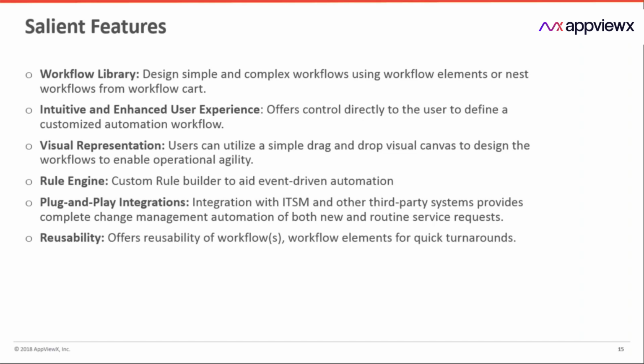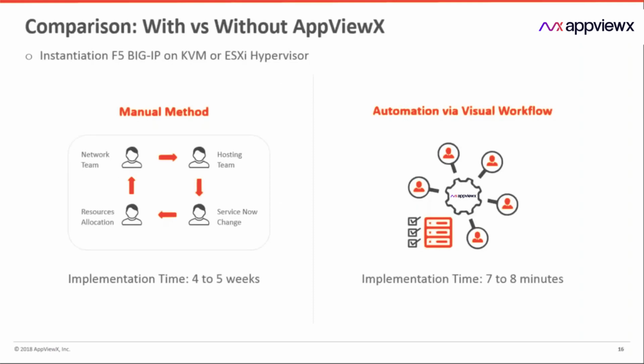And one of the key things with workflow is it allows you to reuse the workflows and the workflow elements. Obviously, it is all tied to enabling quick turnarounds. We know Southwest Airlines. Why is Southwest Airlines in the USA pretty famous? That's because they brought the turnaround time to get back on air to less than 20 minutes, as against other airlines, which took about 45 minutes. In that sense, it's pretty much the same with the network. You need to have reusable workflows, so that allows you to be more nimble-footed, and you can save time.